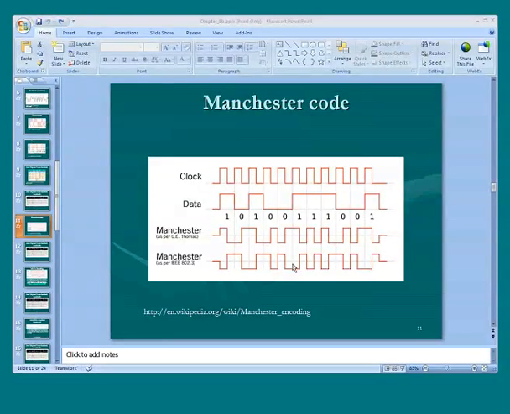To produce a 1 bit, halfway through the time slot, we increase voltage, or we make a positive voltage. We hold that positive voltage until halfway through the next time slot. We go to negative